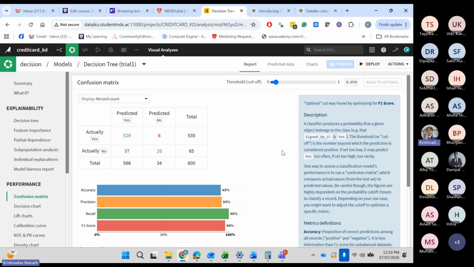In fact, I don't need a decision tree. I have my own algorithm which says every time it will be a yes. So the existing data, if 535 out of 600 are saying yes, then the algorithm is trained on the data. But this is test data. It was not trained.